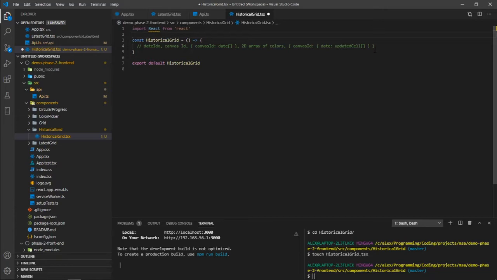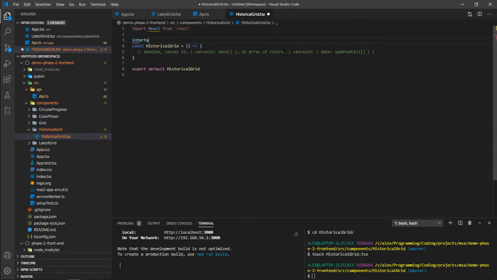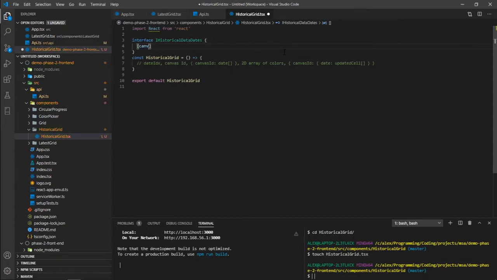We'll call this specific type, let's call it interface historical data date. So it's going to take in canvas, a map type of canvas ID as the string, and it will take in